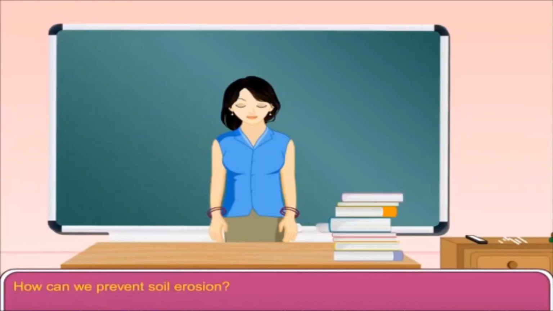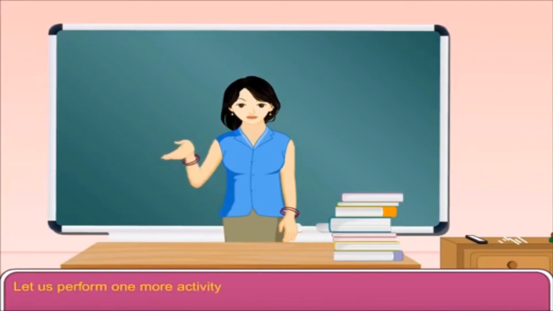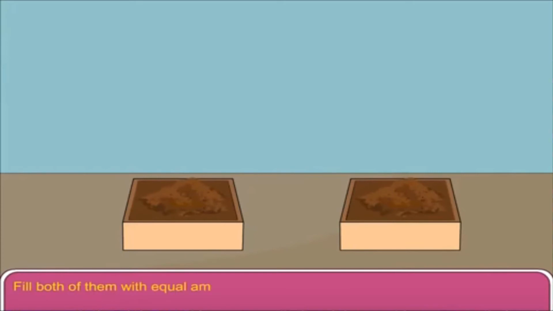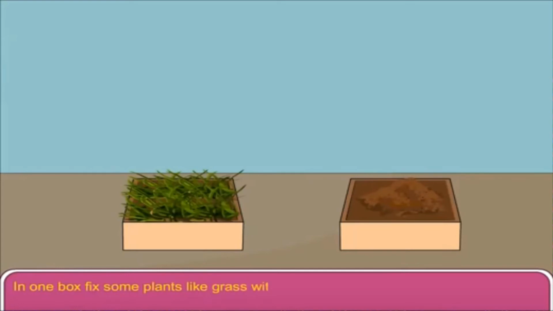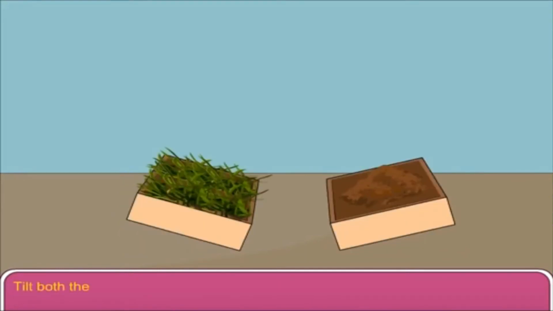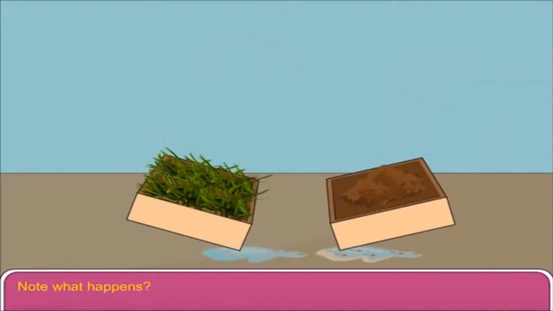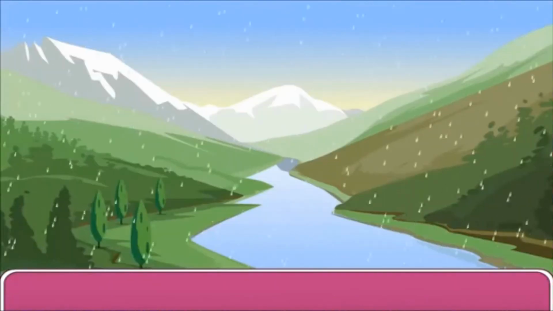Okay, so how can we prevent soil erosion? Let us perform one more activity. We will take two wooden boxes and fill them with an equal amount of soil. In one of the boxes, we will plant small grasses which need to have roots. Okay, and we will add an equal amount of water in both boxes, and we will observe that in the one which has grass, only water comes out, no soil is coming out from it. Whereas on the other hand, we will see that this box has soil also coming along with water, and it